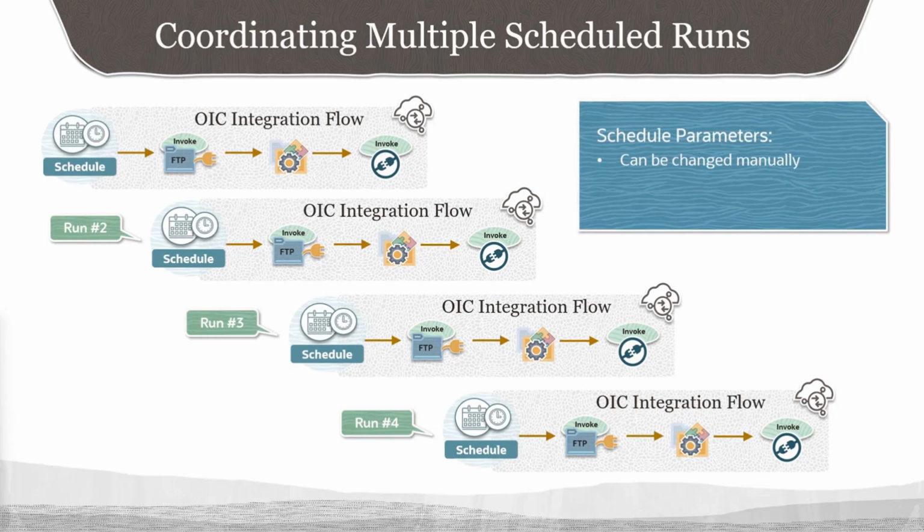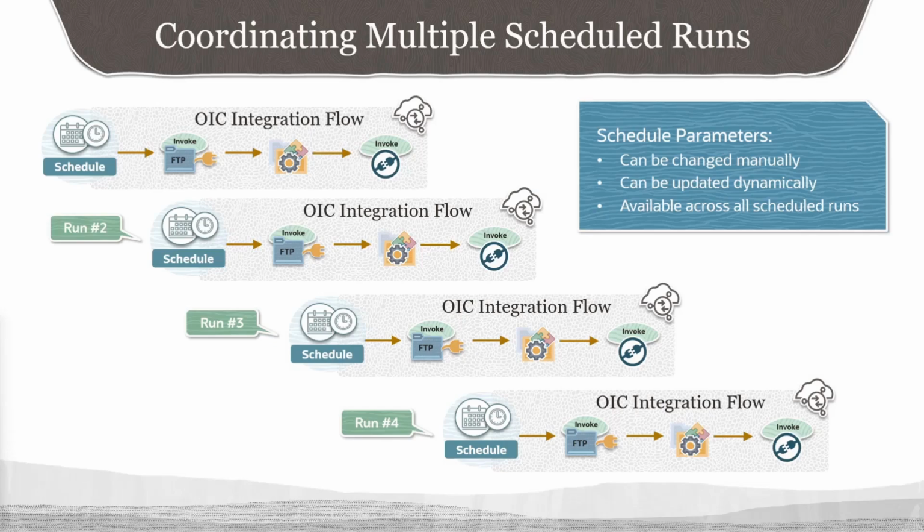Schedule parameters are assigned a default value when you first create them, but you can then change that value from the OIC Service Console at any time, even after the schedule has started. They can also be assigned an updated value dynamically within an integration run instance using an assign action, where that new value becomes available across all subsequent scheduled runs of the integration, which can facilitate processing of data from one run to the next. For example, when performing batch processing, a schedule parameter could track the current position of batch